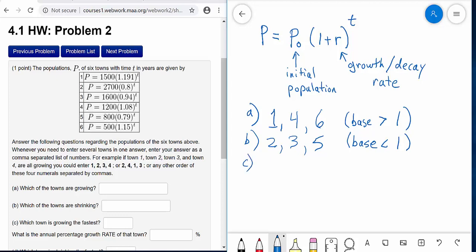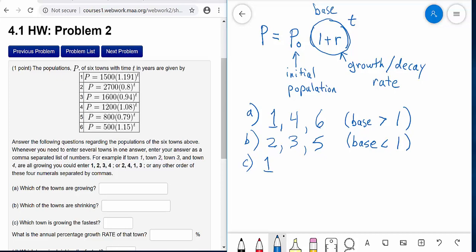Question C asks which town is growing the fastest. So that would be the one that has the largest base. So we're talking about the 1 plus r. That's your base here. So we're trying to see which one has the largest base. It looks like town 1 has a base of